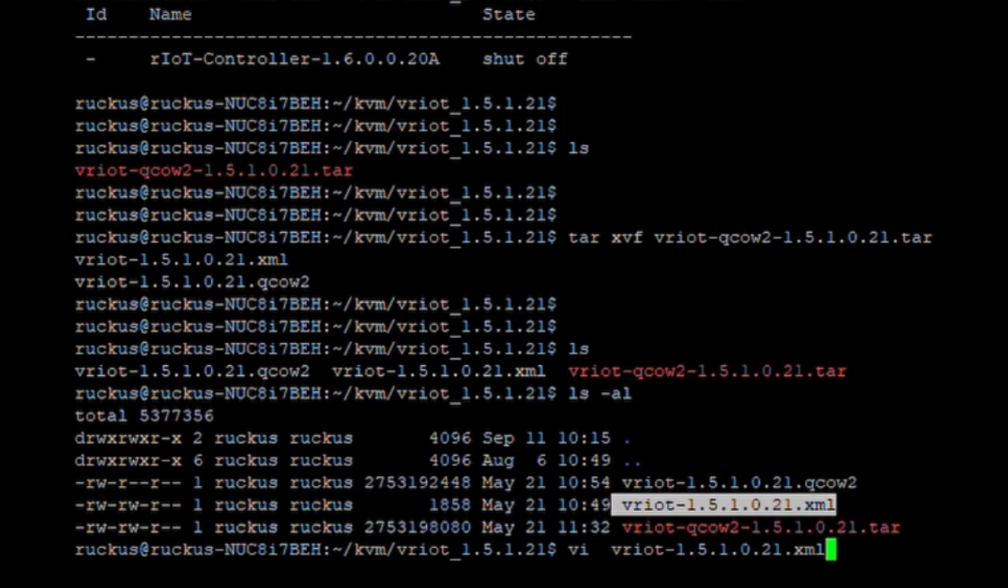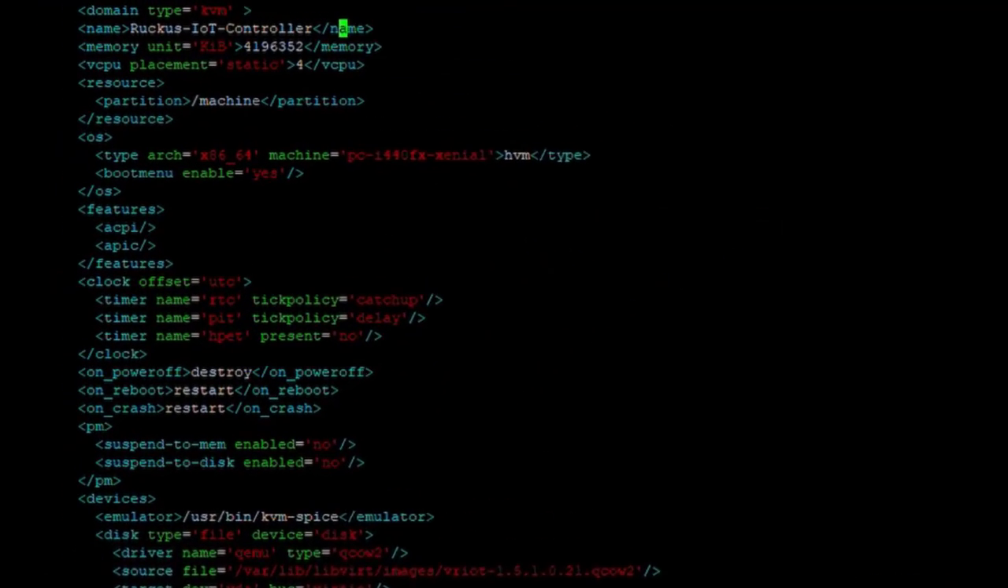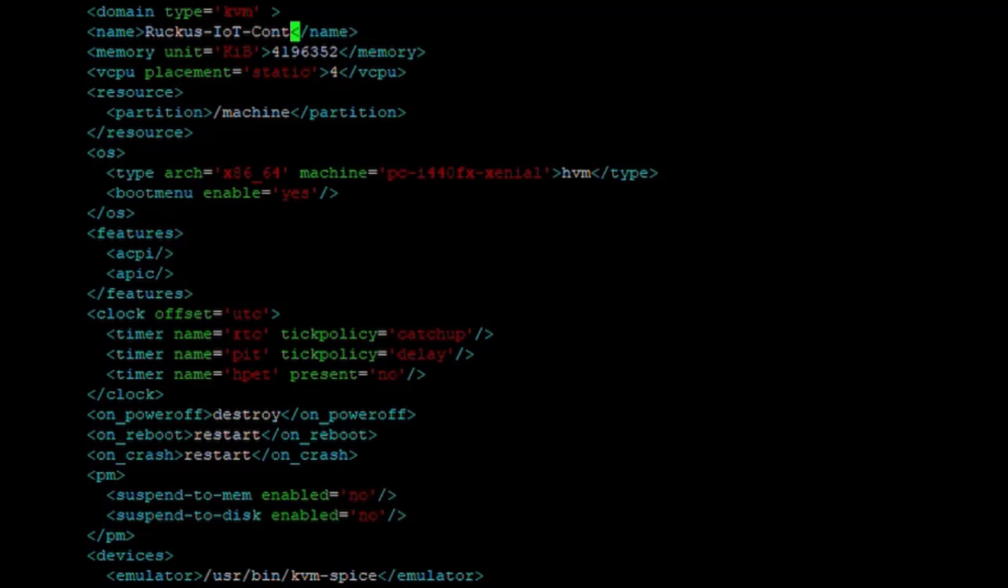So we need to make a few minor changes to this for our system and to match our network configuration and setup. The first thing we probably want to do is change the default name. It's all well and good having the default, but if you're like me and you're running half a dozen different versions, it's quite handy to have different string names for them. So I'm going to call mine RUCKUS IoT Controller, and then I like to keep track of the firmware version